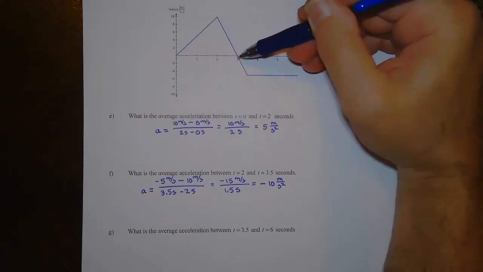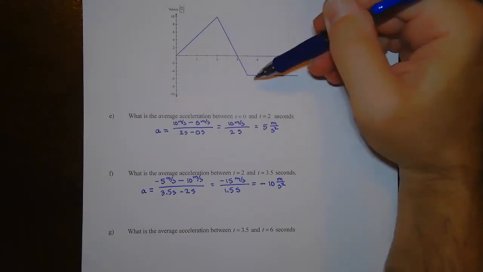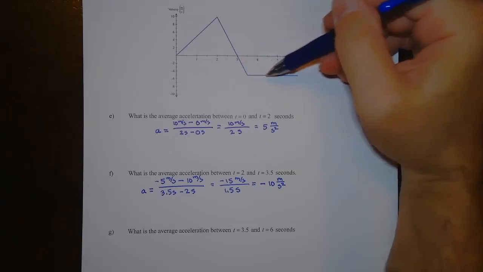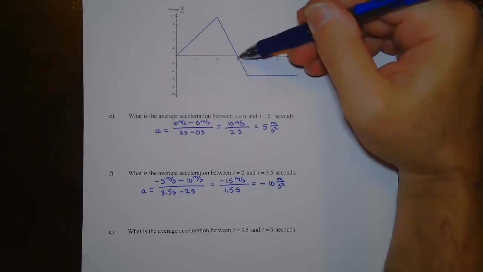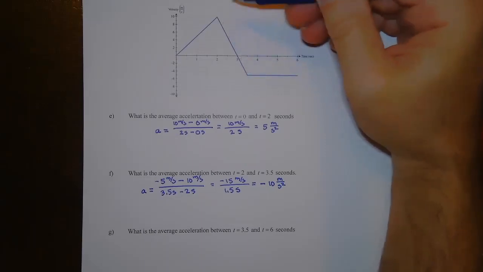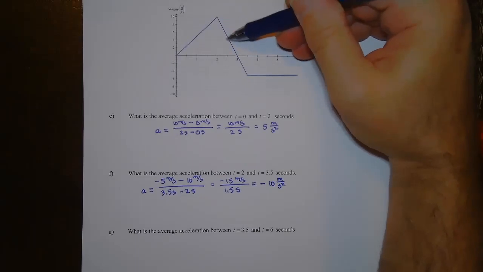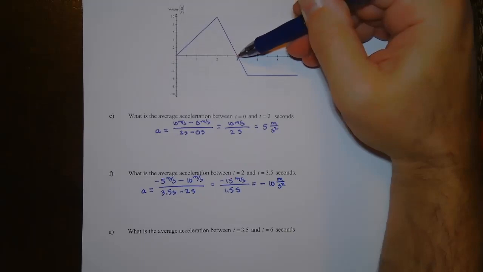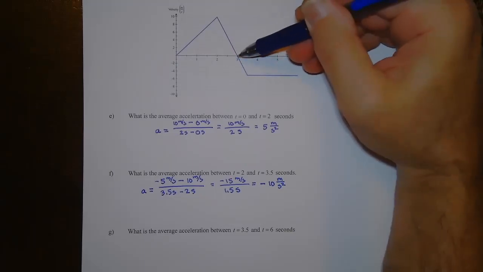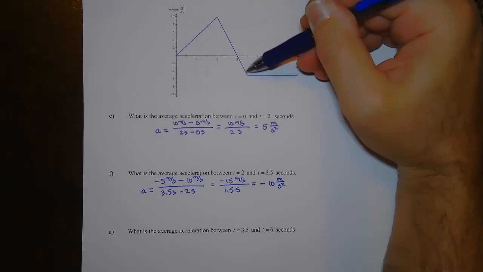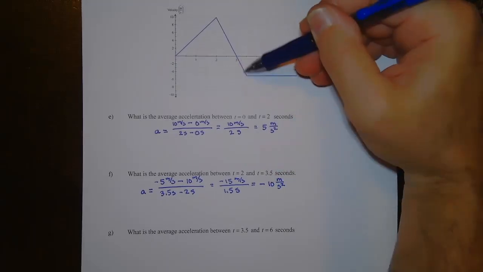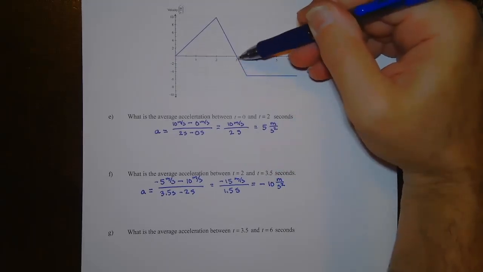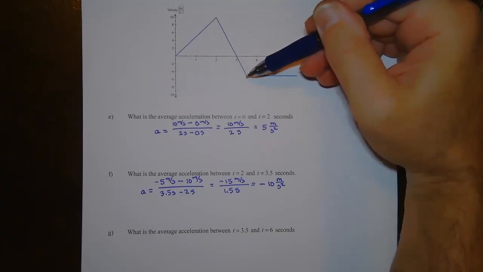Okay, now what's happening between 3.5 and, well, actually in here the acceleration is negative. So let me back up, sorry about this. Here the velocity is positive, but the acceleration is negative, so I'm slowing down until 3 seconds. After 3 seconds, the velocity is negative, but I still have this negative acceleration. So now right in here, I'm speeding up, okay? And I'm speeding up, and then what happens